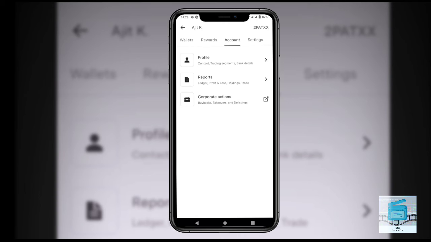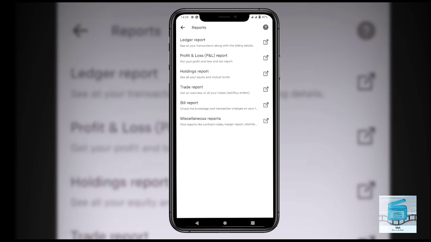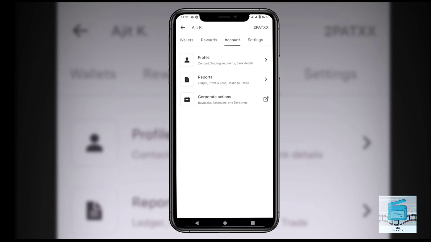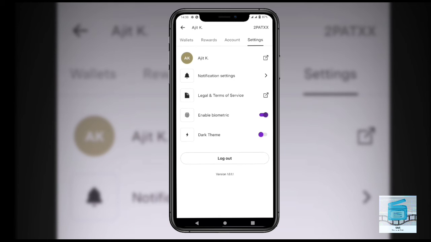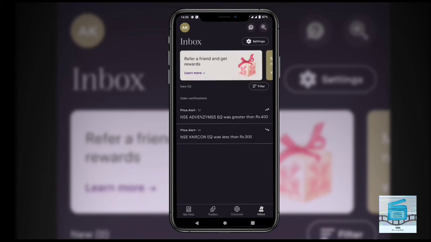Under account, you can check your profile by clicking on the profile tab. Under reports, you can check ledger report, profit and loss report, holding report, trade report, and so on. And there is corporate actions. Under settings, you can do settings to the application.